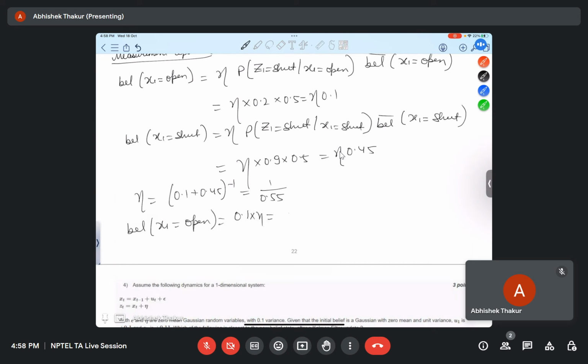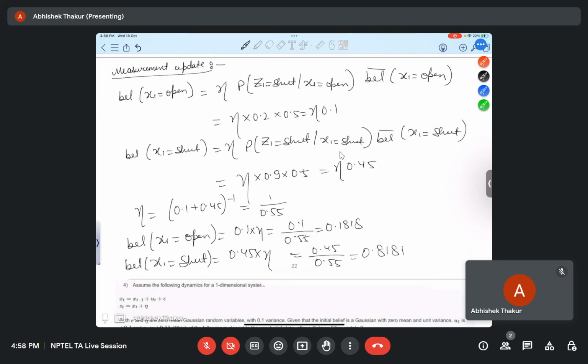So that is 0.1 by 0.55. When you calculate, you will get 0.1818. Belief of x1 is equal to shut is given as 0.45 into eta. So that is equal to 0.45 divided by 0.55. So this is equal to